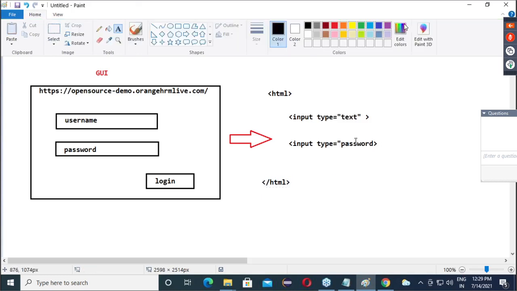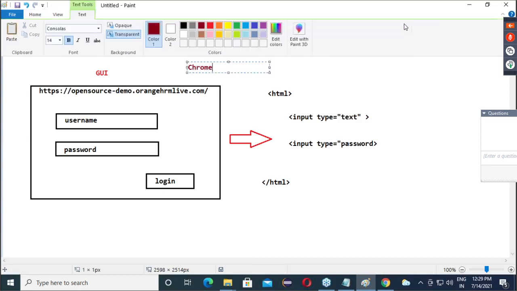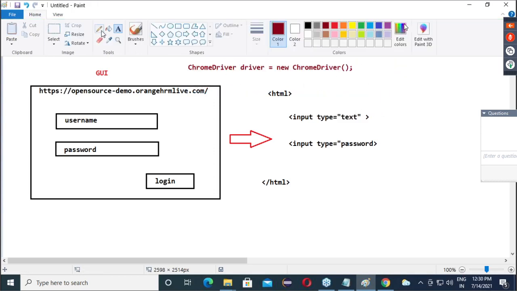So whenever we launch a browser, let's say we launch a browser through code, driver equals new ChromeDriver. Here we will launch the browser. This driver is the reference which will connect with the browser application.